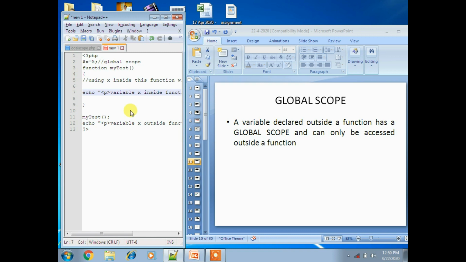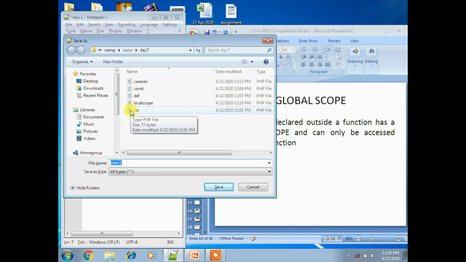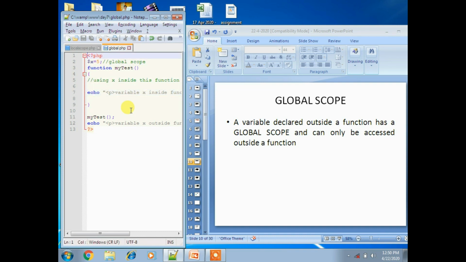Now save this program as global.php. So simple: I declared x equal to 5 as a global scope outside of a function. Now I am able to access it easily.